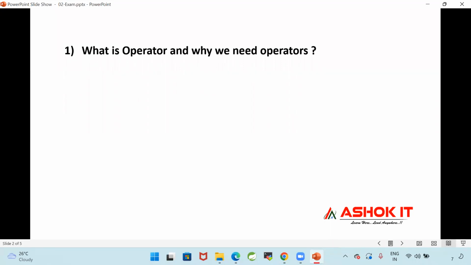The question is, what is an operator and why do we need operators? Write down the question and you need to write the answer also. Online people also, switch on your camera and write the exam.